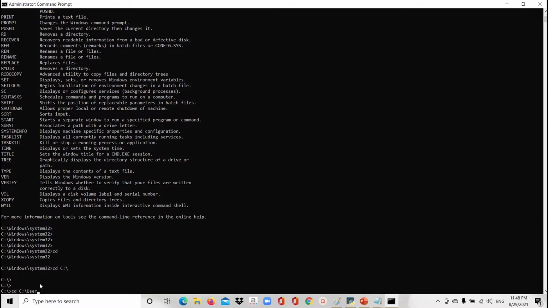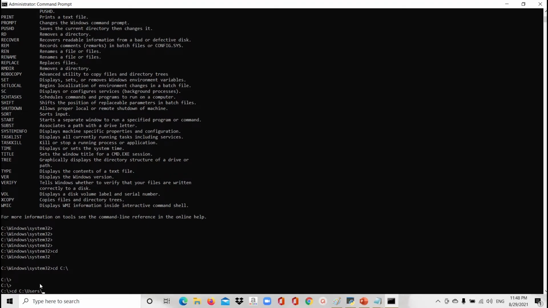You don't need to type all the letters of Users. Please type U and S, then press tab. It will automatically get Users as the directory because there is no other available directory starting with U. So when you type US and press tab, it will automatically take the available folder. Now type backslash again,